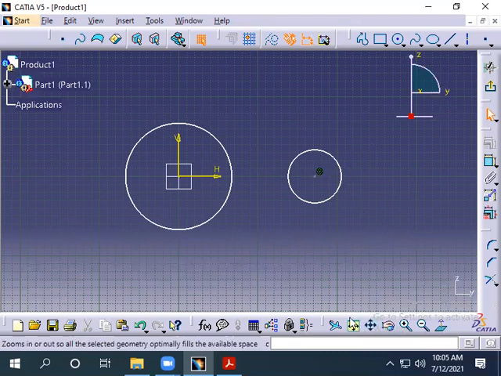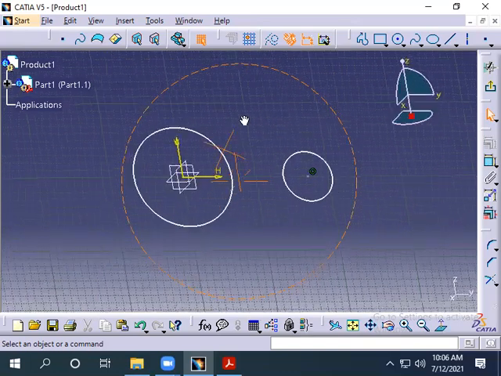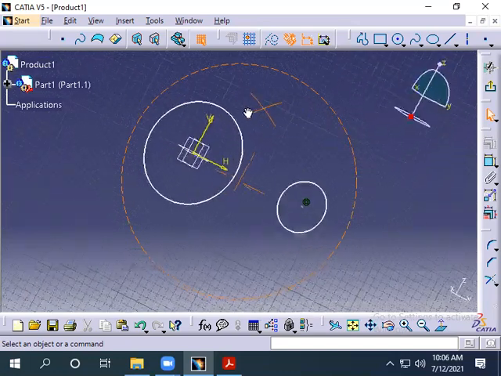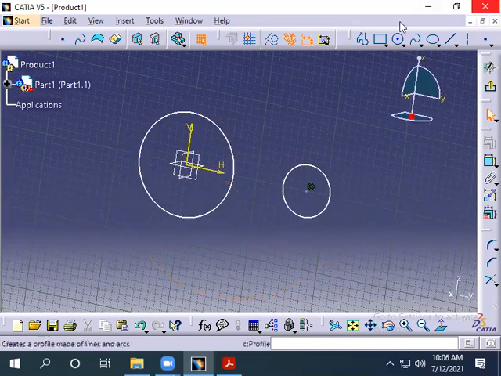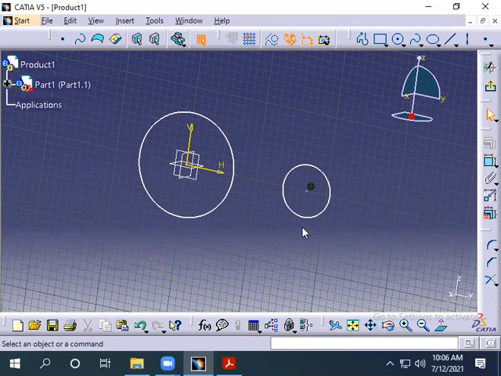There are different combinations for zoom in, zoom out, and rotating also. Instead of coming here and clicking, in my system the combination is the middle scroll button and right click, both at the same time. You click the scroll button and right click at once and move it, so you can move and rotate. I don't know what the other combination is. We can change the settings. We can define different shortcuts. For example, in AutoCAD we have scroll for zoom in, zoom out. Here we don't have that. We can set it in settings. Normal view again.